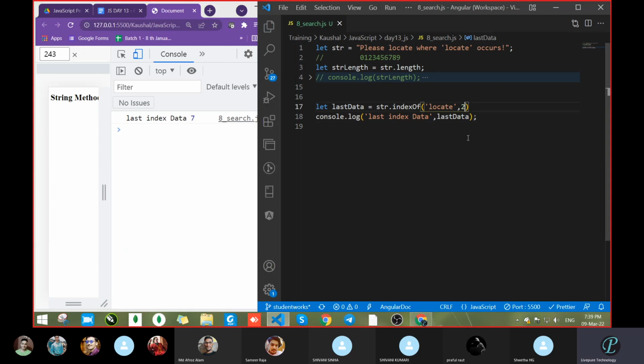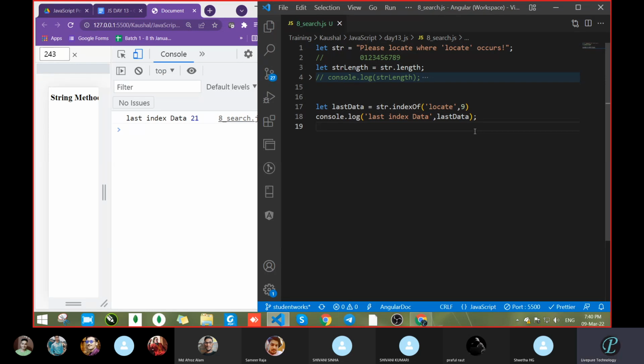Do one thing. Pass it. How does it get to 7, sir? One second. That's because it is not searching from here, but L is already on the 7th position itself. L is already on the 7. Now we start searching on 9. Let's see what happened. You are getting now 21.